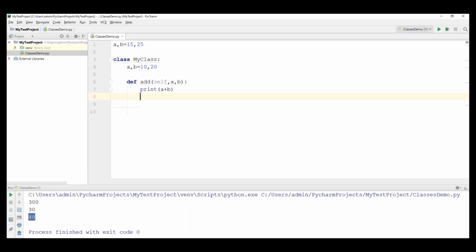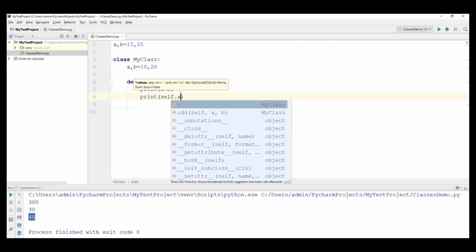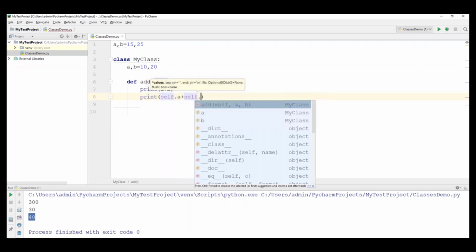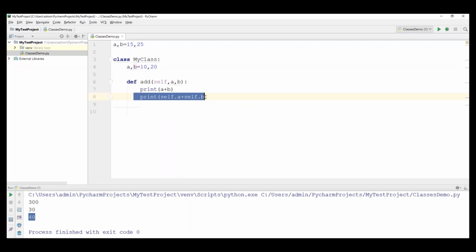How do we access the class variables? Again, in print, we have to use the self keyword, right? self.a plus self.b. So this is able to access the class variables. If I don't say self, again a, b will be treated as local variables. So here these are global variables, and these are class variables.